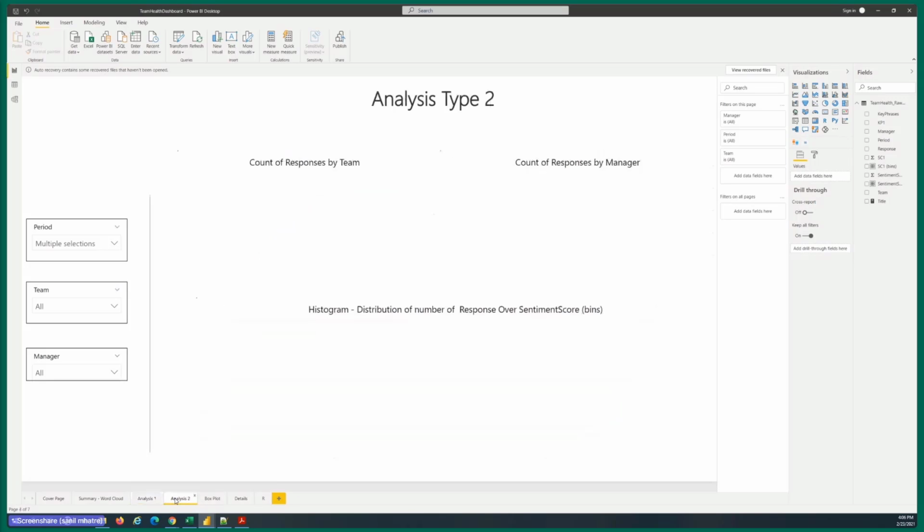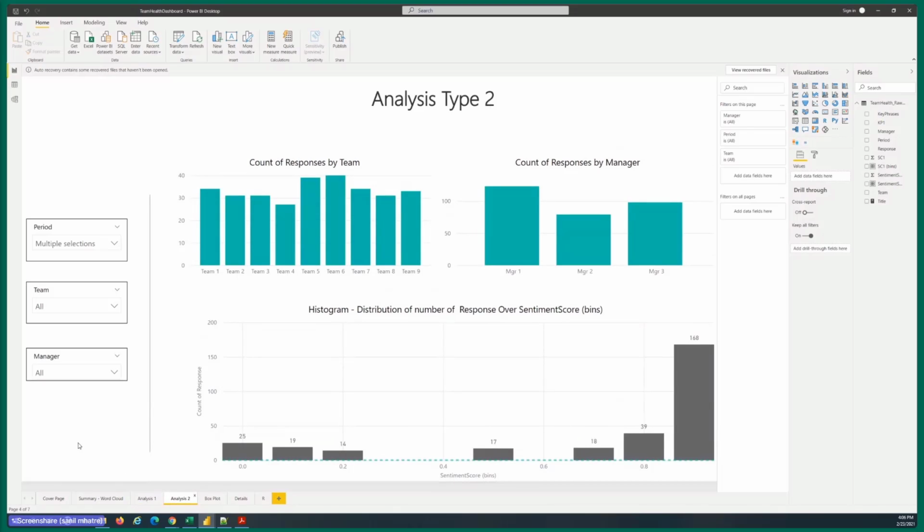Okay, so let me switch over to the next type of analysis. The first chart that you see on the top left is count of responses by team.